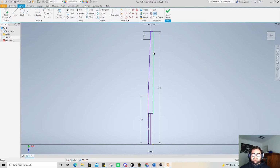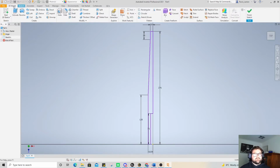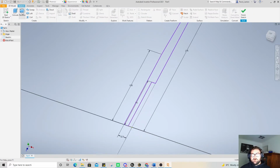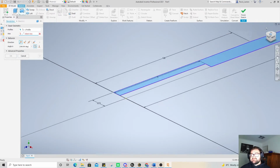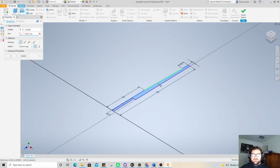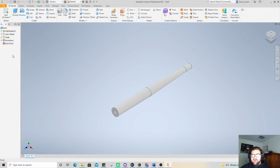And we're actually lucky we've got this nice line here that we can revolve this around. And like I've just said then, we're going to revolve it. So if we go 3D model in the top left, go to revolve. It should go blue if you've connected all of the lines together. If you have any gaps in your outside there, it will not go blue. Now we want to click on this axis line here and go OK. Now, so you can see there, we've actually turned out with something that looks very similar to what we made